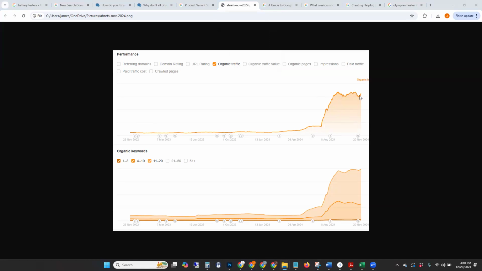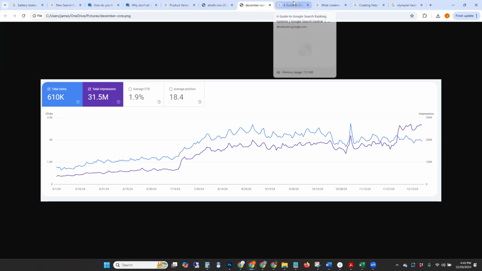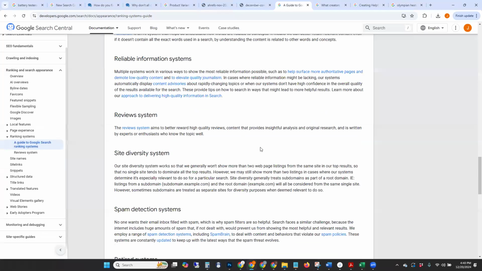You see it go through the roof in July and August. What's happening here with the product Q&A content, I'll show you what's happened in the December core update too. You can see the impressions have gone way up there. We haven't seen the clicks follow, but what's happened here with the product Q&A content is this: